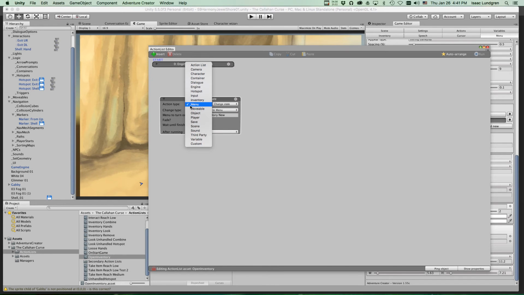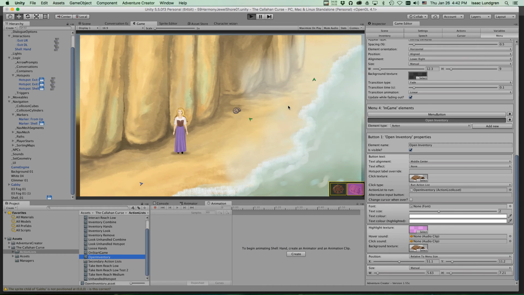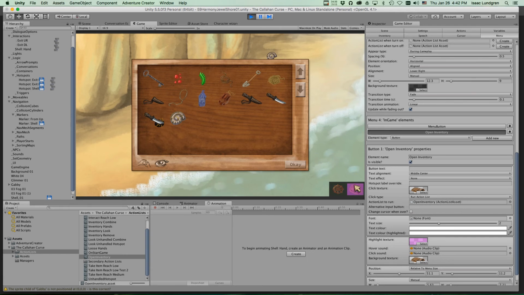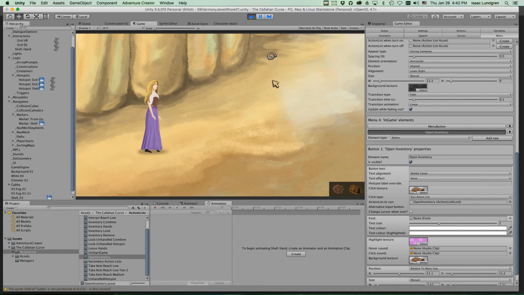Menu, change state, turn on menu, menu to turn on. You type it in. Yes, fade. Yes, wait until finish. That's it. That's where this comes from. That tiny little script. Anytime you have a menu,